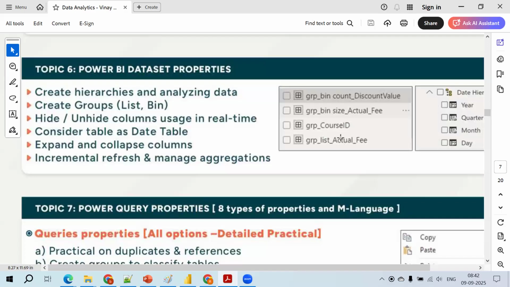Three shifts make a day. So we need to create a hierarchy until the lowest level of granularity occurs. See now, my date hierarchy has year-wise, quarter-wise, month-wise, and day-wise data. That's it. This is the lowest level granularity.